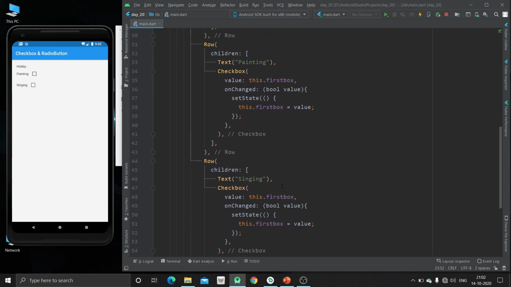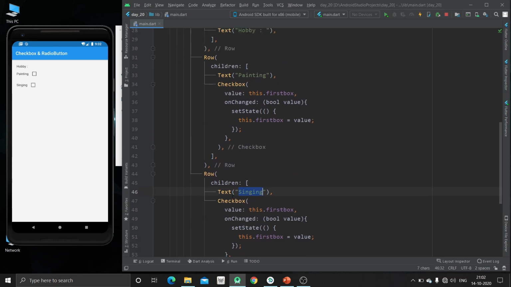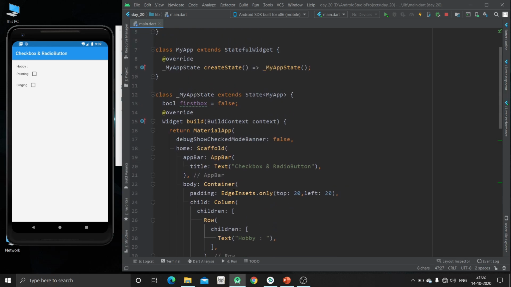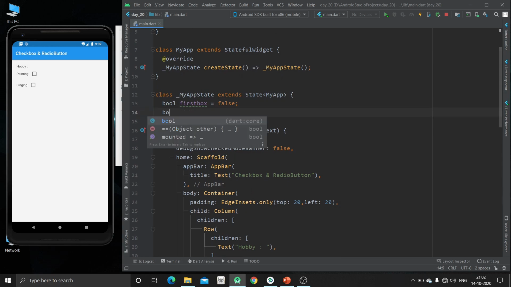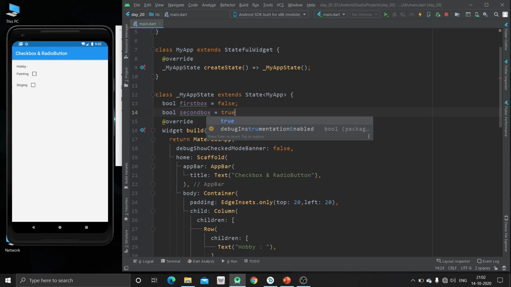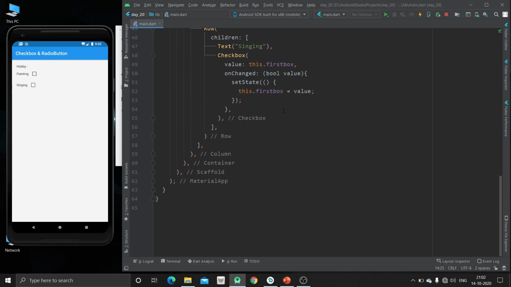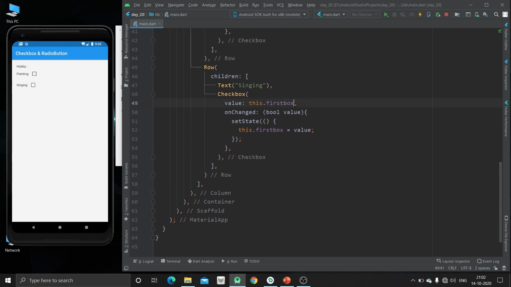Now as we have created second checkbox, for that again we have to create one variable that is second box, and if we make it true by default, then the box will be checked. So instead of this first box we are going to use second box, and instead of this also we are going to make it second box.